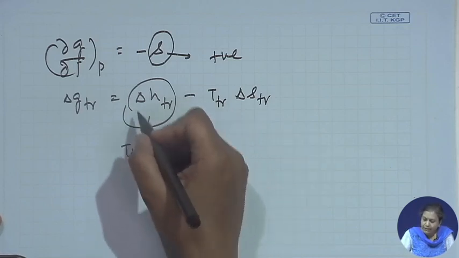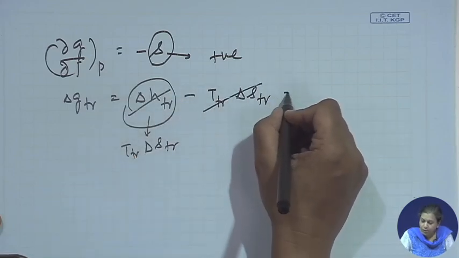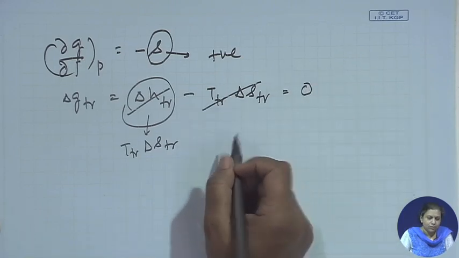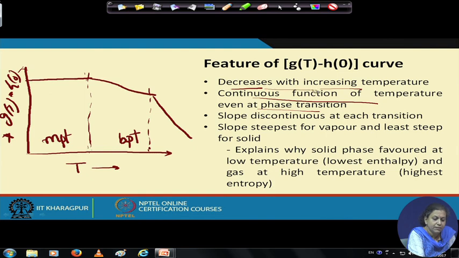So, therefore, at the transition temperature, this term and this term are equal, as a result of which delta G transition equals 0, and this explains why, even at phase transition, the Gibbs free energy is a continuous function of temperature,